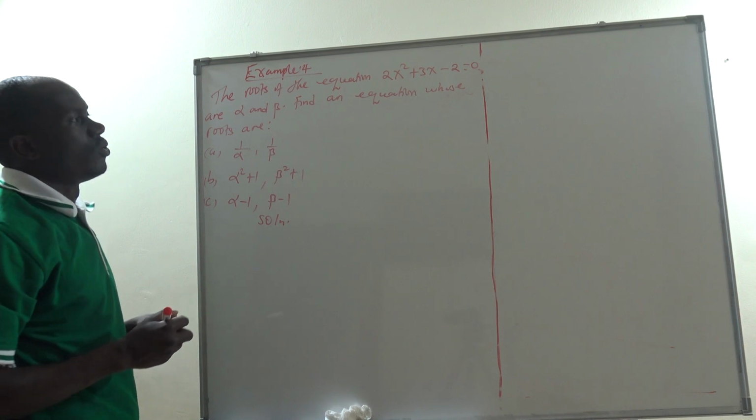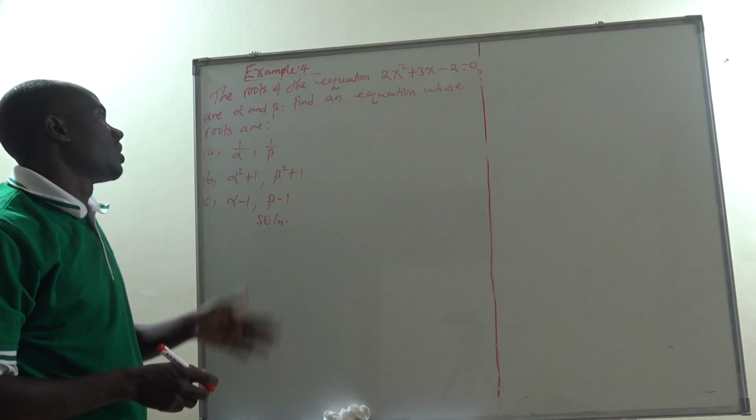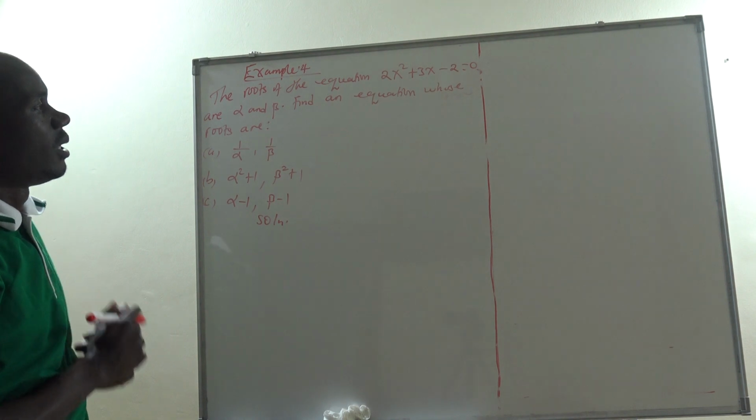Solution. So what we're going to do is that, as the question is being stated, that the roots of the equation 2x squared plus 3x minus 2